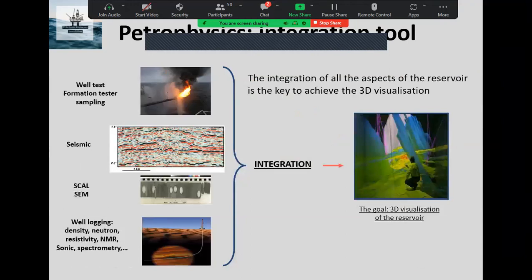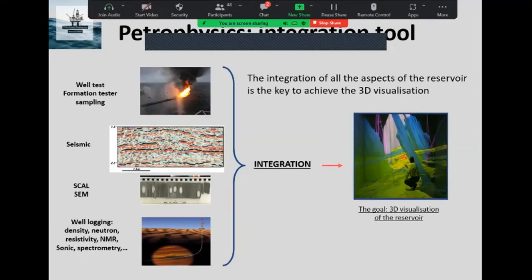Multidimensional acquired data are seismic, 2D or 3D, and dynamic testing data. The rest is mainly one-dimensional data from the wellbore, such as core and logs. As you know, from those data, we need to get to a 3D vision of the reservoir and its dynamics, to be able to accurately describe and estimate its potential and how to produce it. How do we integrate all that? We, as petrophysicists, believe petrophysics is an integration tool to get the 3D vision of the reservoir.